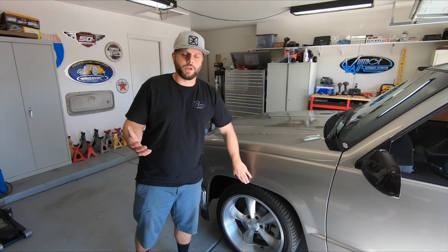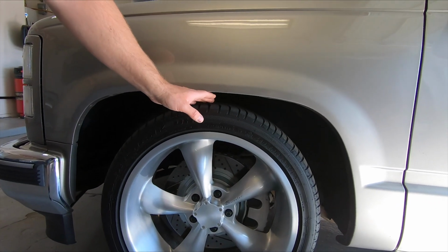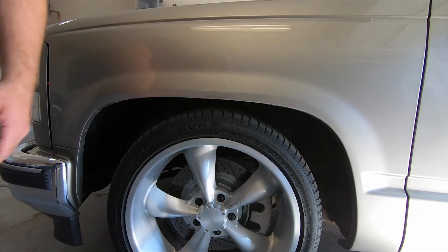Really, the main reason we're doing it is one, because of handling characteristics, better ride quality, and we want to bring down the front just a little bit, so we should be able to get a tad more drop out of it. And again, right now this has a 2-inch Belltech spring in it, so follow us along. We'll show you how easy it is to install and the process of what it is to install that Aldan